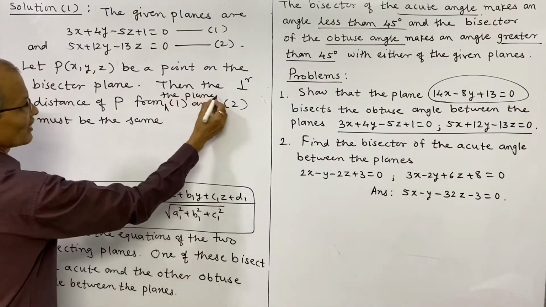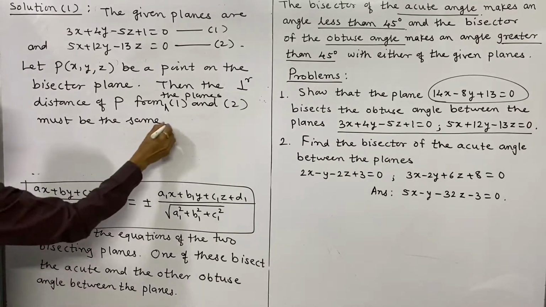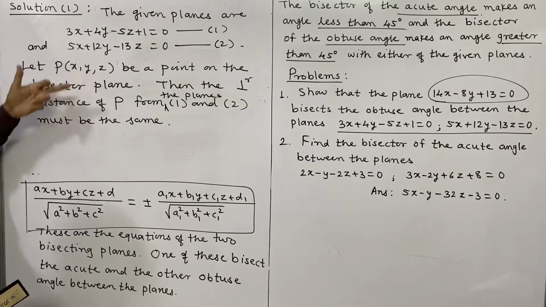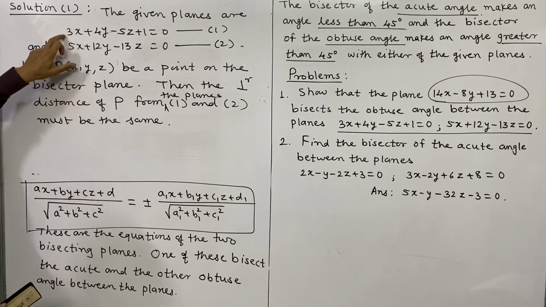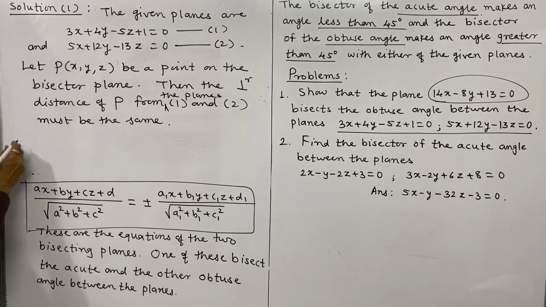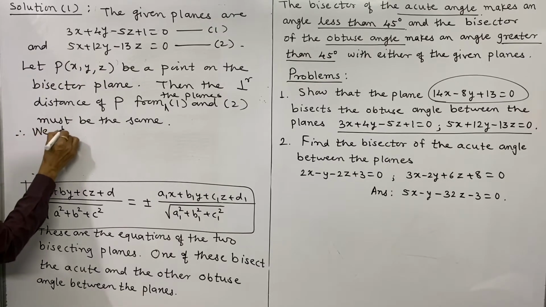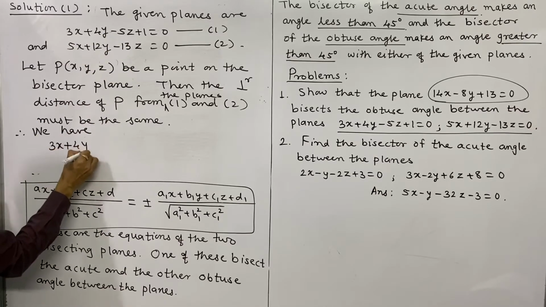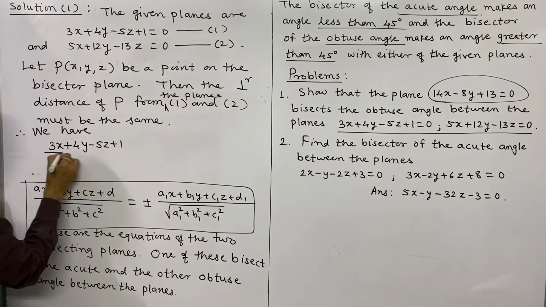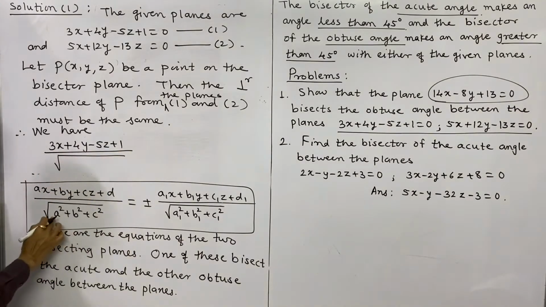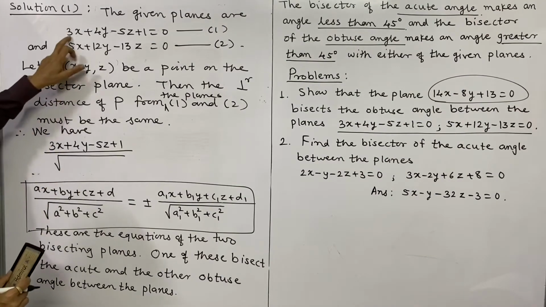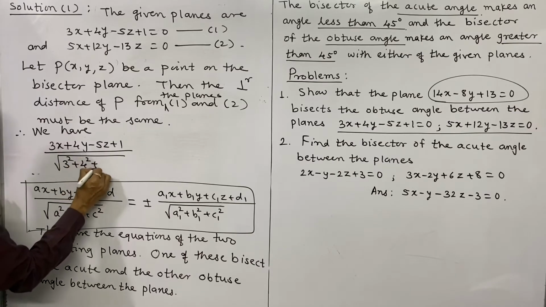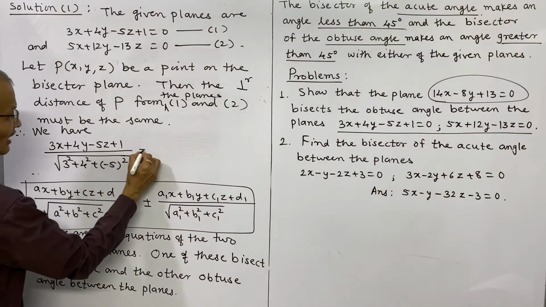From the planes 1 and 2 must be the same, and therefore we have to use this formula. P is the point, the same x, y, z, here also we have considered, and we have to write the same expression. So therefore we have the expression: (3x + 4y − 5z + 1) divided by the square root of a² + b² + c². What are a, b, c? 3, 4, −5. So 3² + 4² + (−5)²,